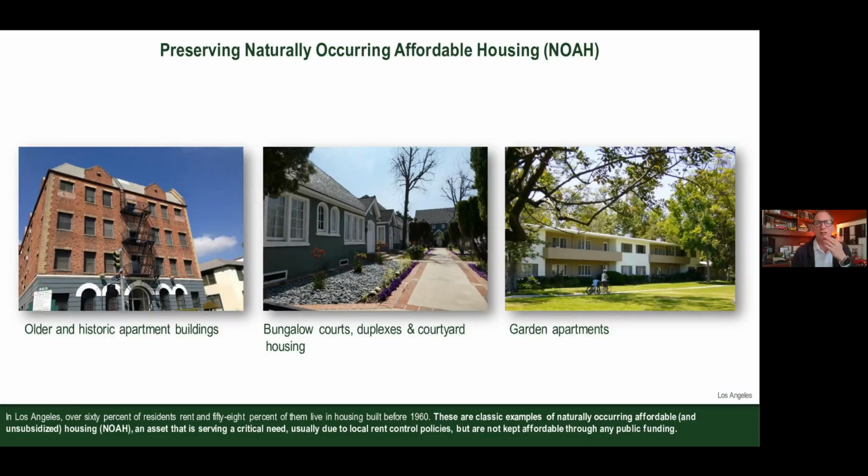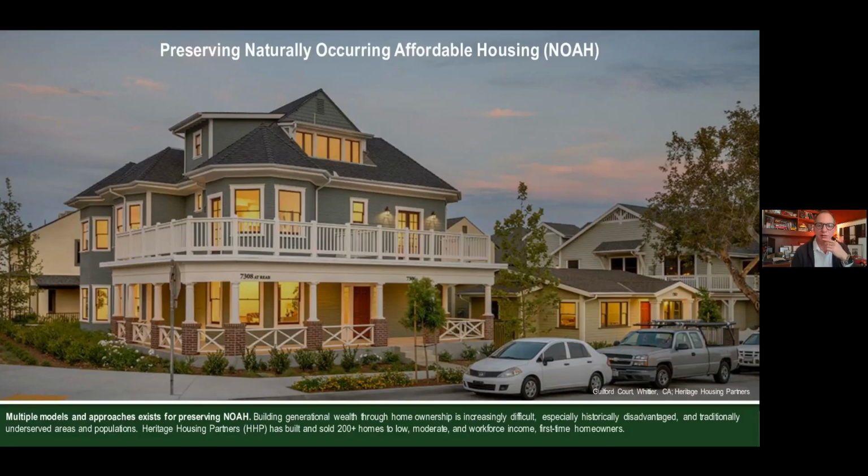And then lastly, this issue of naturally occurring affordable housing. What does it look like? In all of our cities, we have it. It's manifested in different types. And in some places, it's also the locations where you have rent-controlled housing, if you have that type of mechanism. But it exists. It's existing buildings that are providing a critical need in terms of affordable housing. When we lose those, we lose a critical source. You can't build it back through production.